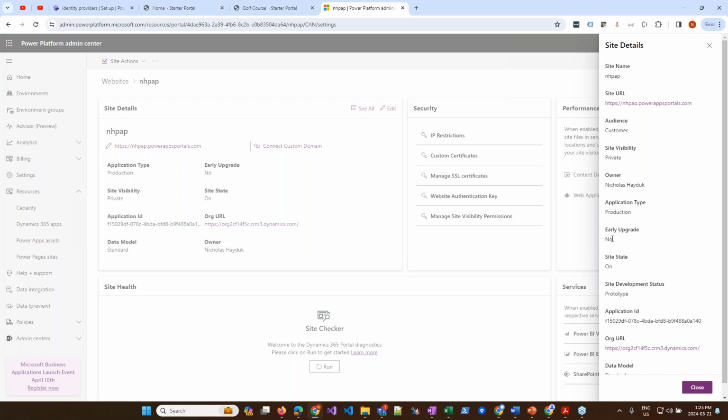Sometimes I get asked what early upgrade means. Just to be clear, when it comes to upgrading Power Pages, there are really two sides of it. There are the solutions that exist in your Dataverse environment, and then there's the actual website code that is running on the Azure server that hosts your website. When we talk about early upgrade, that refers to the website code. If you check that box and say yes, I want to be enabled for early upgrade, that means that earlier in the month,